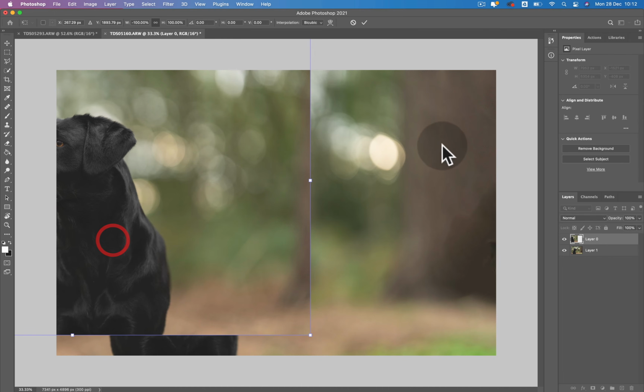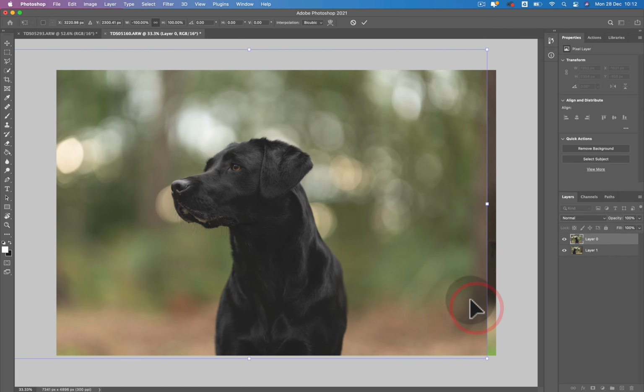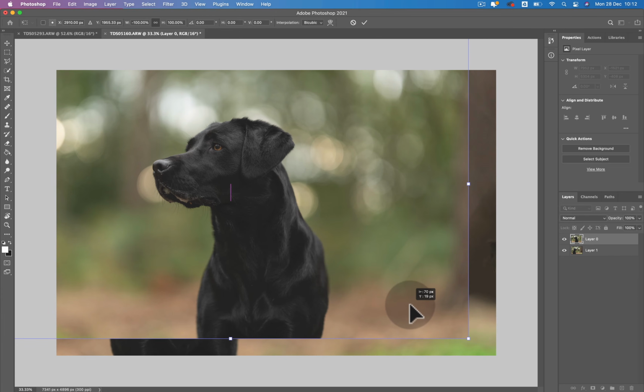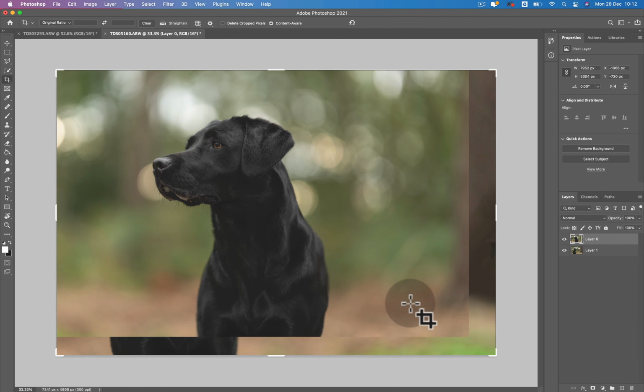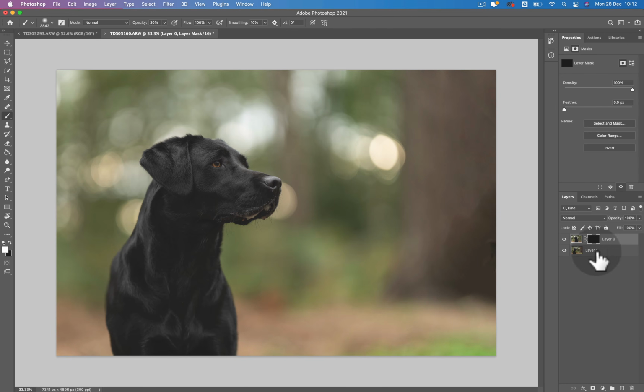Now what I'm doing is, if you see the tree here and then there's this tree here in this side of the image, and then the floor, as you can see, the floor is here. I'm just lining the 2 up so that I can press enter, and that will save that transformation in, and then I can go ahead and grab a mask. So I'm going to make sure that layer 0 is selected, and then hold down Option on my keyboard or Alt on a Windows and click the mask layer,